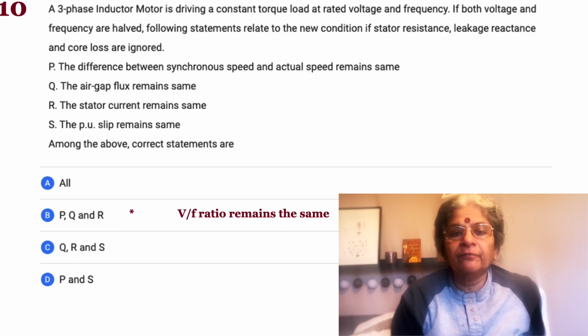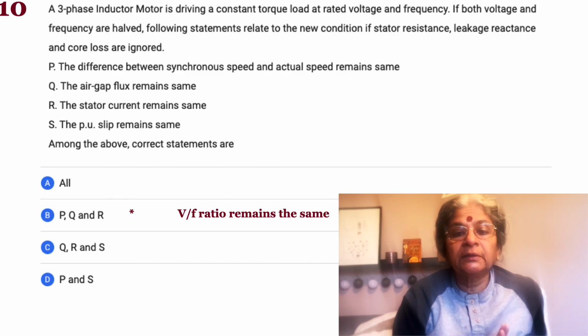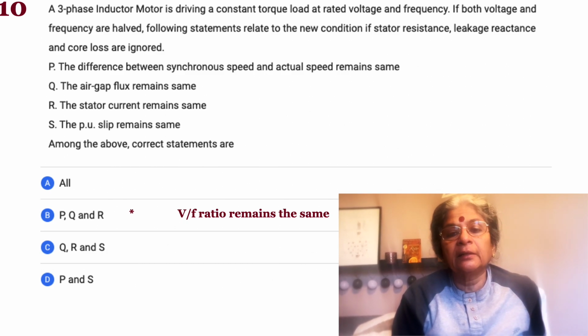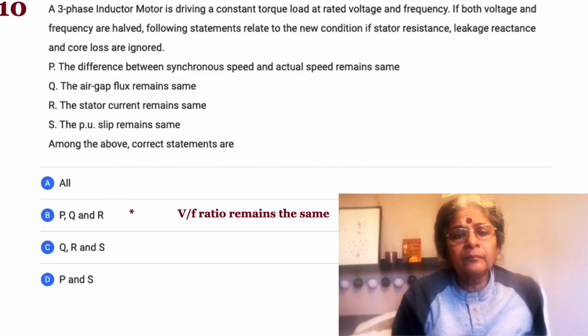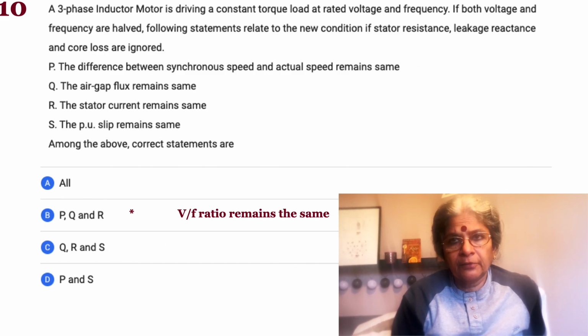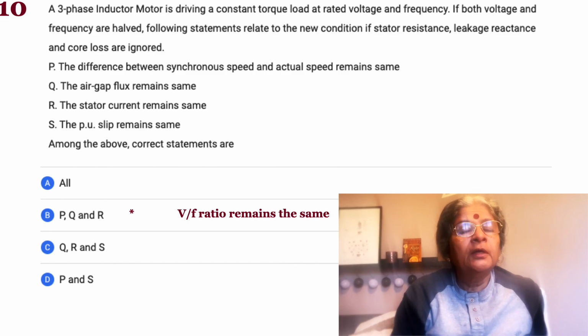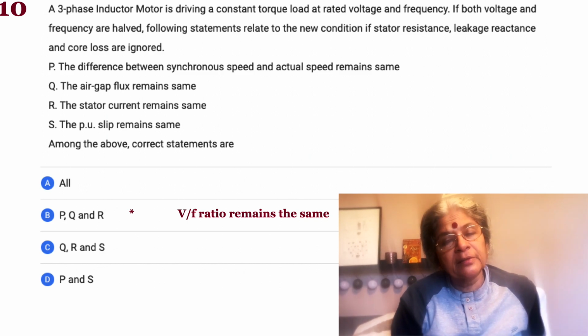It does remain the same. Why? Because we see that the frequency is halved. So in both, 120 F by P, 120 does not change, P does not change, so the relation between synchronous speed and actual speed remains the same. Okay, Q: the air gap flux remains the same. Yes, that's the purpose of V by F control. Okay, R: the stator current remains the same. Okay, yes,